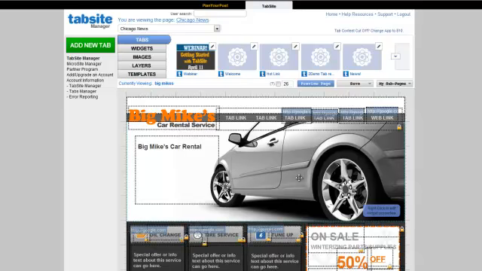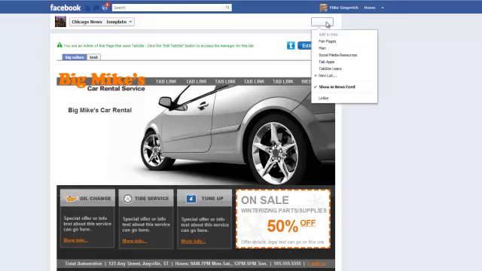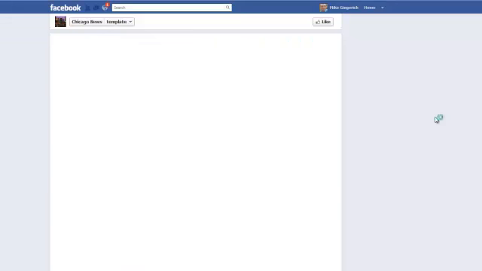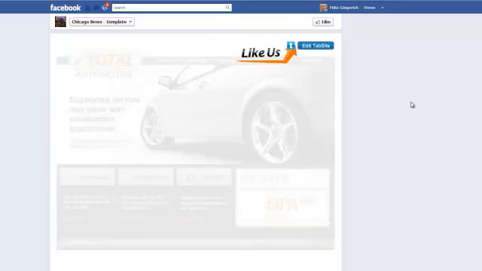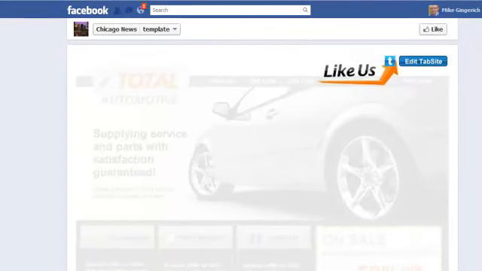And as Troy mentioned with the Lightgate, one of the values of using the Lightgate is to go out and grab the page URL. So if I unlike this page again, then you're going to see the Lightgate reappear, and so I could grab this URL from this tab and tweet that out via Twitter, or I could put that in a blog post and say, hey, go here, check out our latest information on, in this case, automotive care and our specials. And so when they would click on that link and they come here,